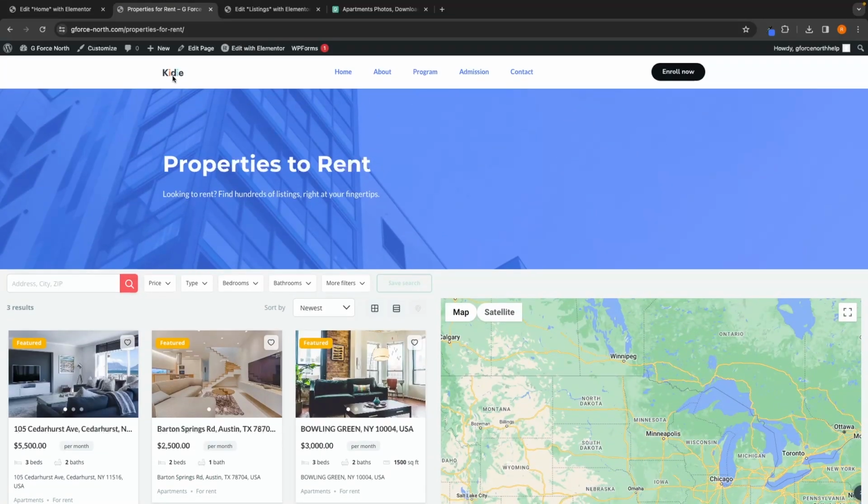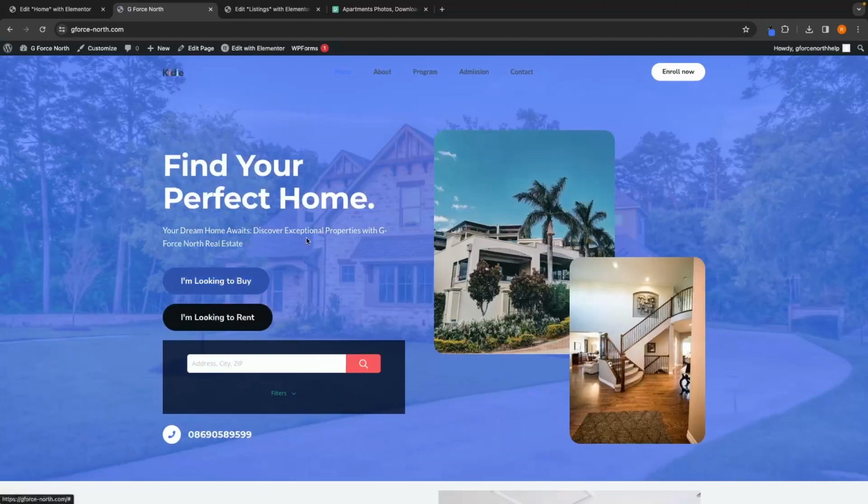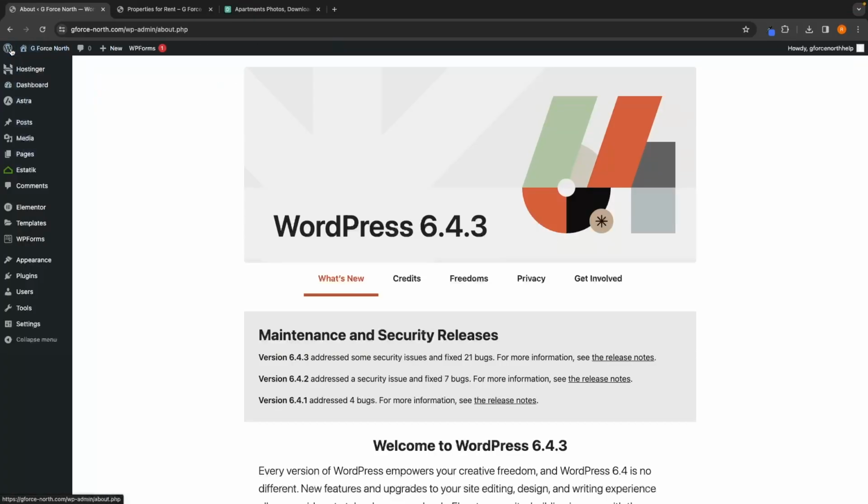So we now have all of that set up. The final page that we need to create here is going to be a buy page. So when people click I'm looking to buy, we essentially do the exact same thing that we just did when looking to rent. So let's now go back to the WordPress dashboard, then into pages on this left-hand side,